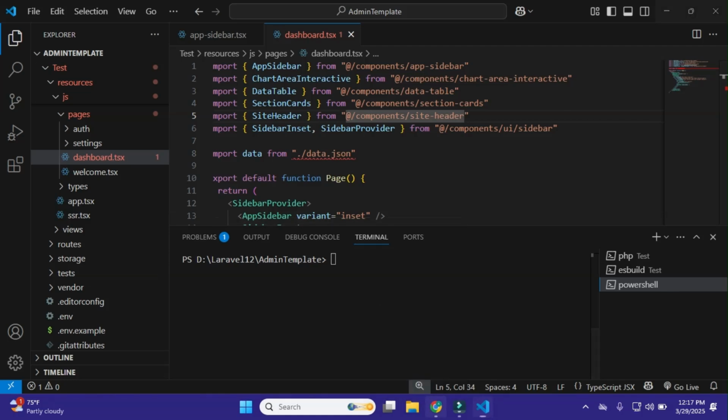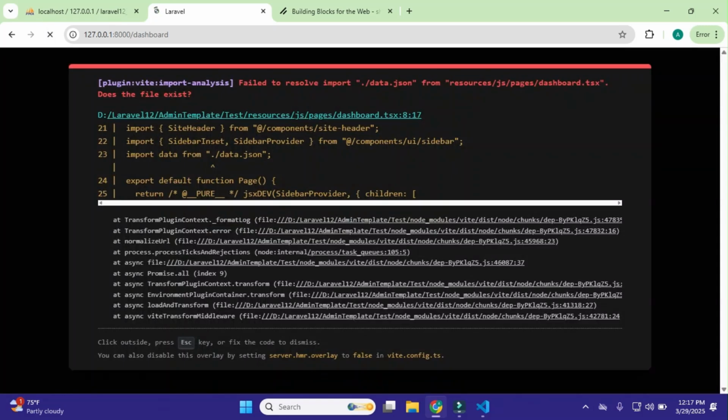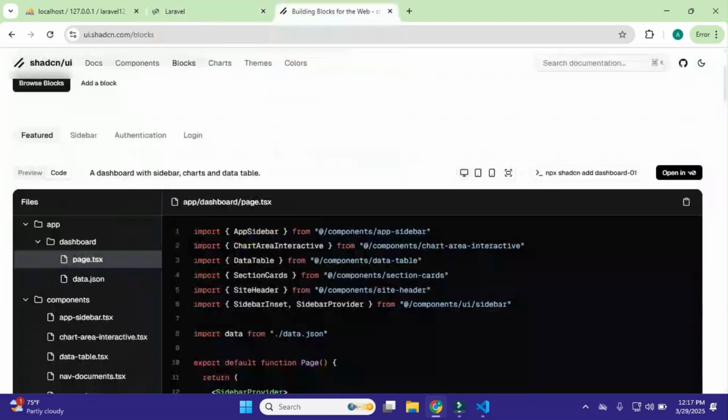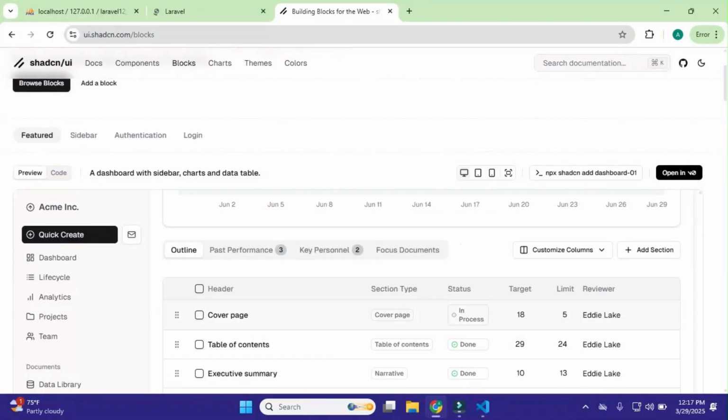Just save this and go to the browser and reload it. And here you can see it says data.json not found. Here you can see we have this data table.